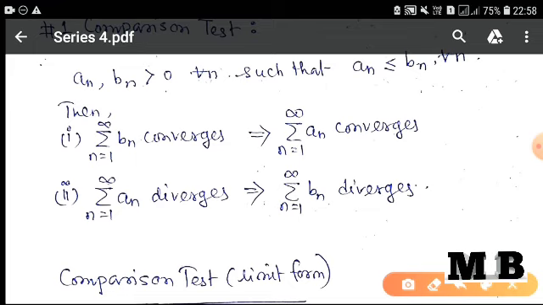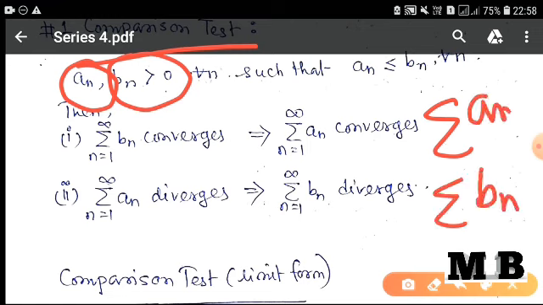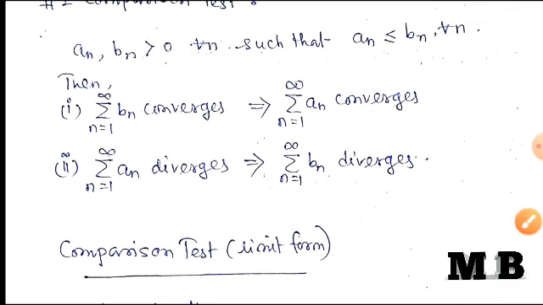In the subsequent video we will continue with the tests. Like here we have the comparison test. What it says is that you have an and bn greater than 0, and in fact we have the series summation an and summation bn. These are series of positive terms, and if you have an less than or equal to bn for all n, then what it says is that